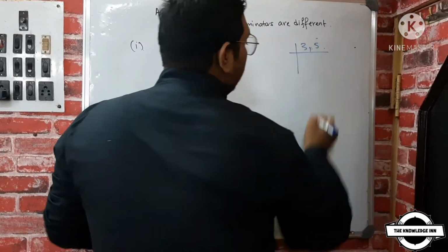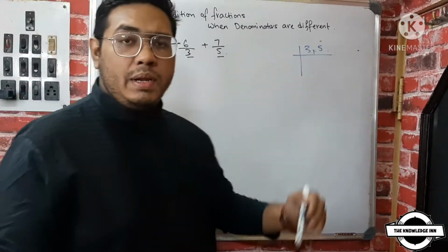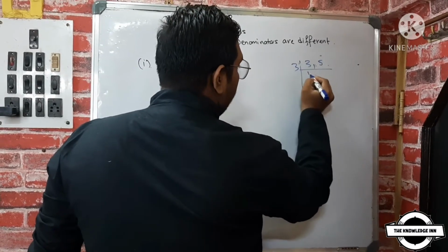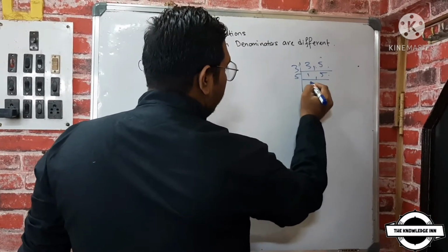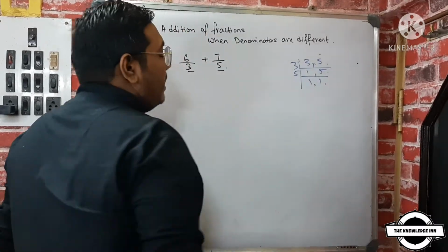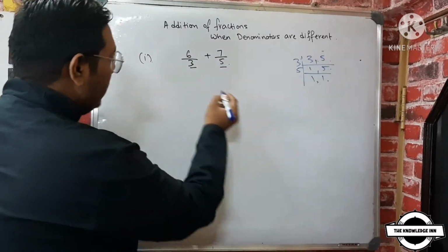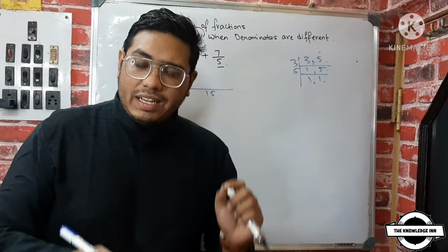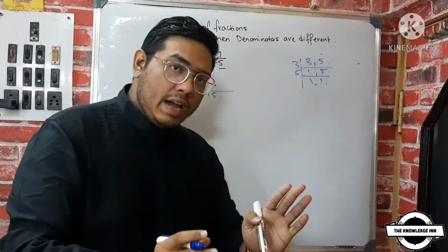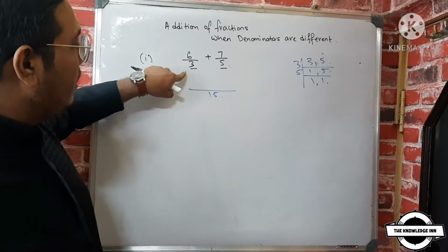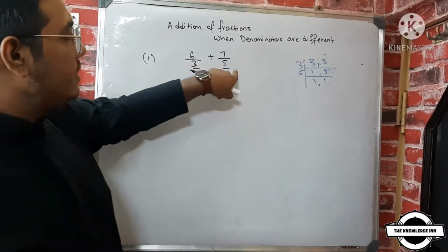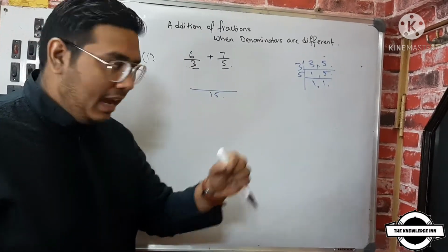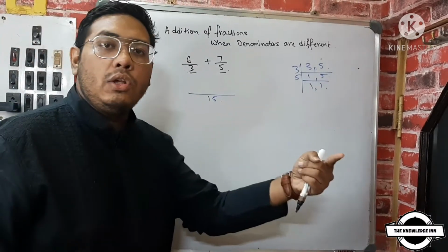We will be using the division method so that the process will be much faster. So 3 ones are 3, and 5 will come down. 5 ones are 5. And the LCM is 5 threes are 15. So we'll make a long fraction line like this and we'll put the denominator out here. So from here, you have to explain to your child in a very simple way. First, you need to see that there are two denominators. This is the first denominator and this is the second denominator. So we will divide the LCM by the first denominator and then multiply it with its numerator.